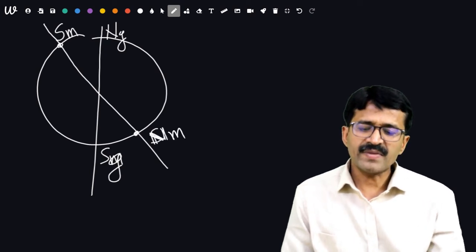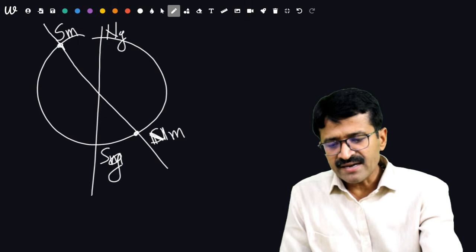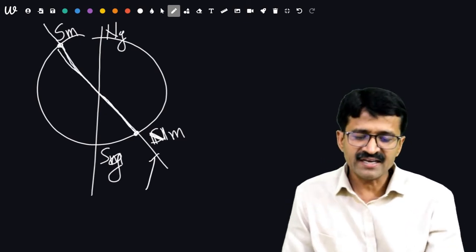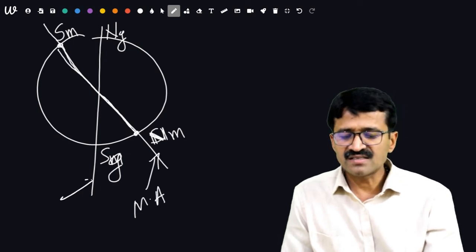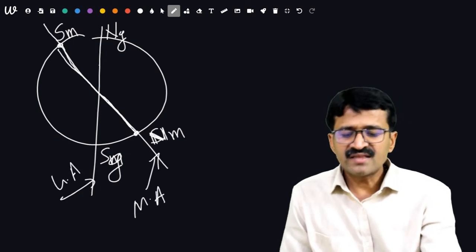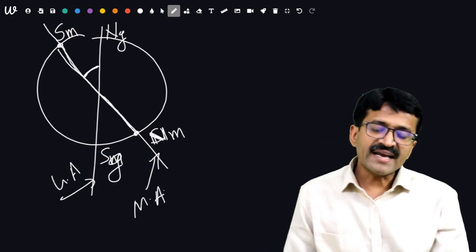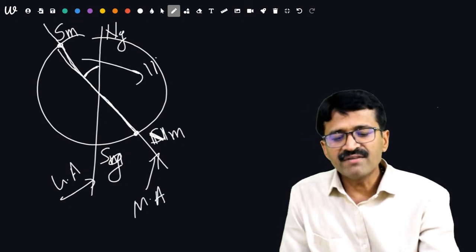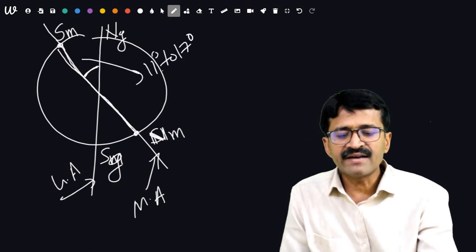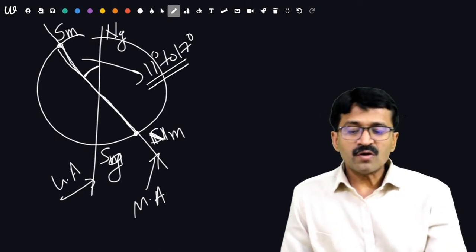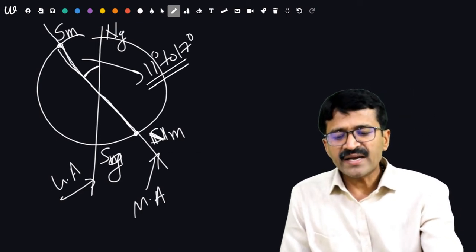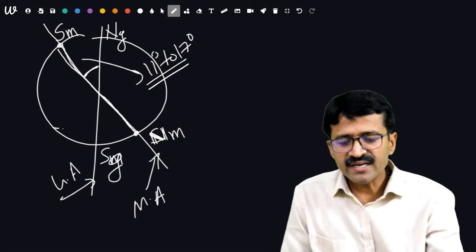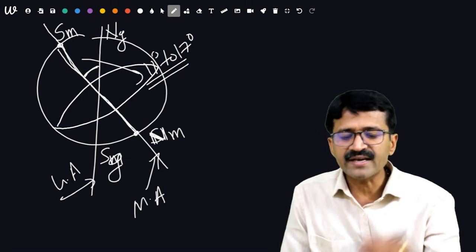This is north magnetic. This line which is joining the magnetic poles is known as magnetic axis, and this is geographical axis. This angle, that is angle between geographical axis and magnetic axis, varies from 11 degree to 17 degree. Now, what about magnetic axis? Magnetic axis is line joining Earth's magnetic pole. What about magnetic equator? It is just perpendicular to magnetic axis.